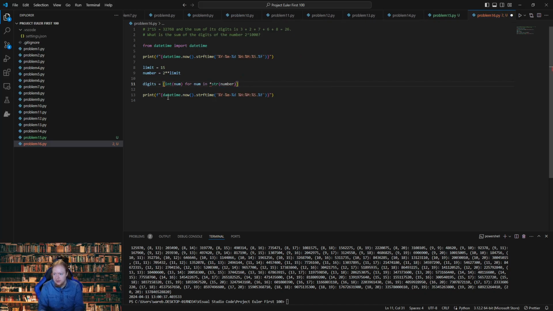For num in... let's extract this to a variable just in case that's why it's screaming. Okay, so, and then sum equals